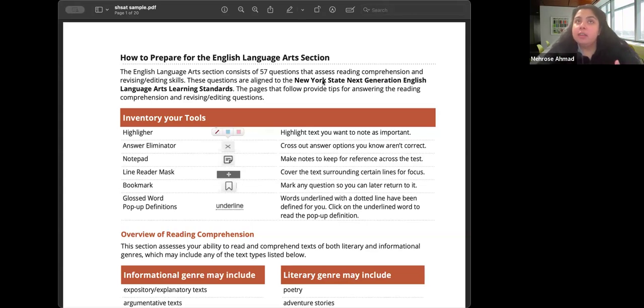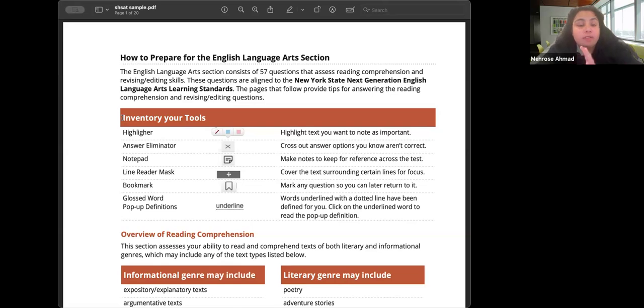That is just setting you up not for success. You don't want to spend time in the test to reinvent the wheel. You want to go in prepared, knowing what to expect, and just taking the test, considering it as just another day. So the first thing that I want to go over is the sample sheet provided by the SHSAT